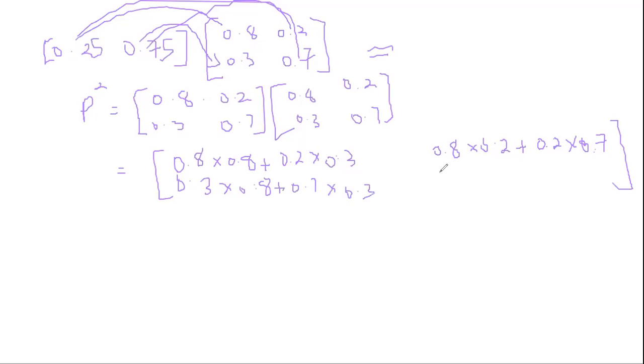Then we have 0.3 times 0.2 plus 0.7 times 0.7. Okay, so this will be 0.64